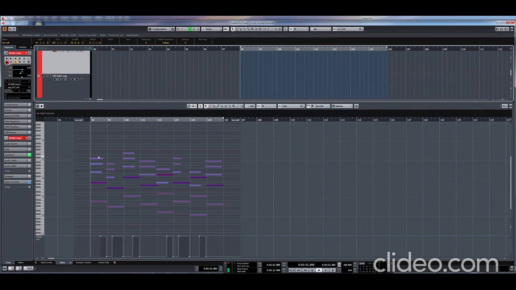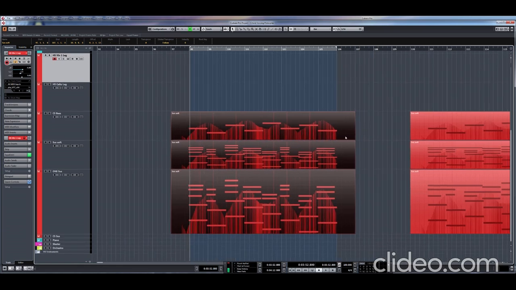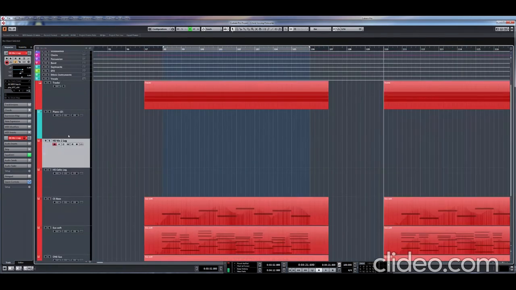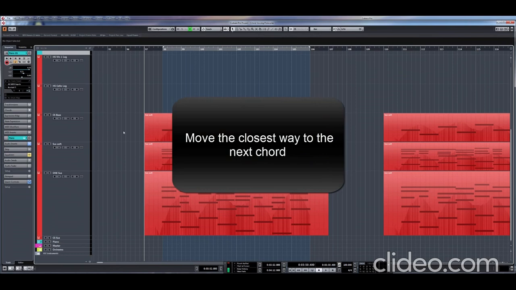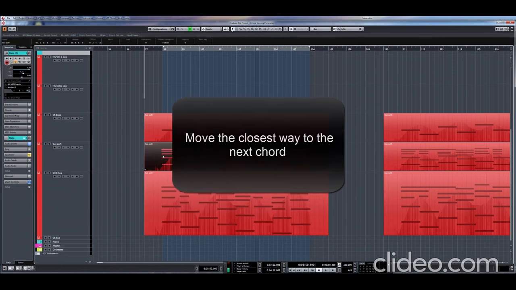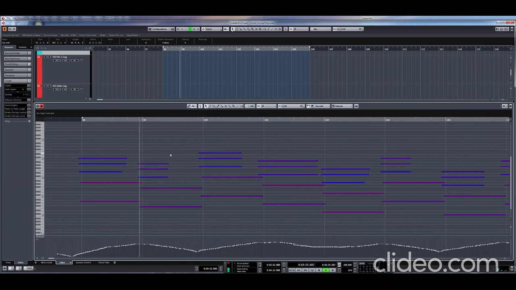So what we will look at now is how to voice these chords, which means where we put these different notes to make it sound more real and to follow some of the standards of 4-part voice leading. So let's look at the basic principles here. What we want to do is to have each voice go the closest way to the next chord. So say here, from this chord,